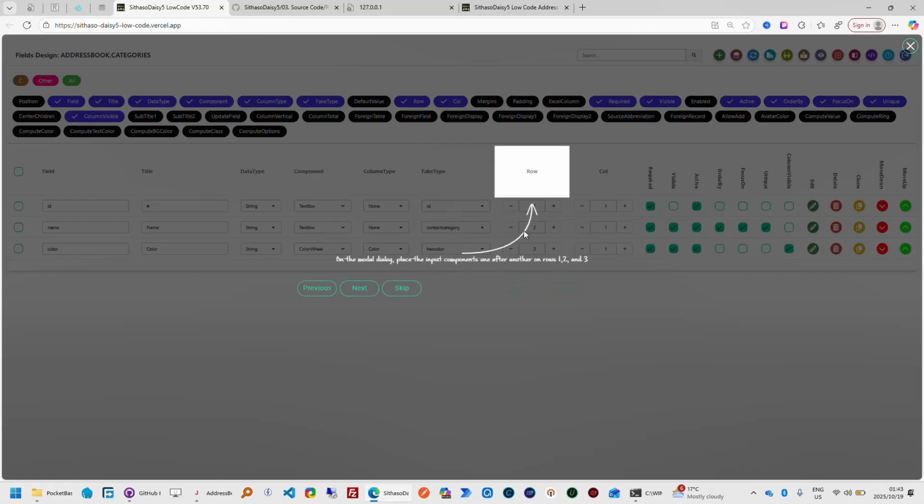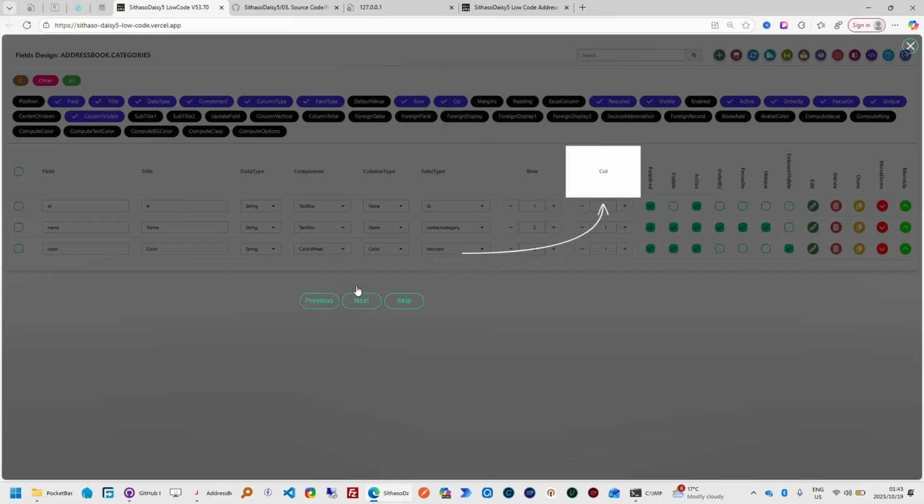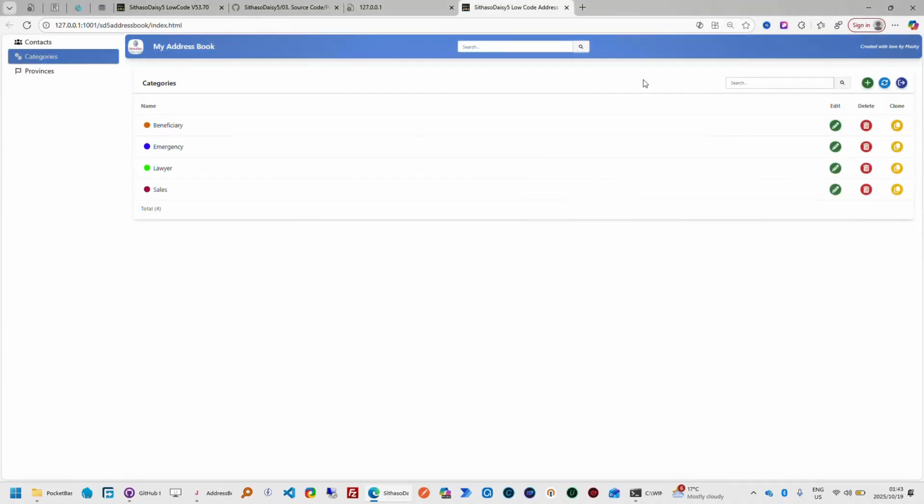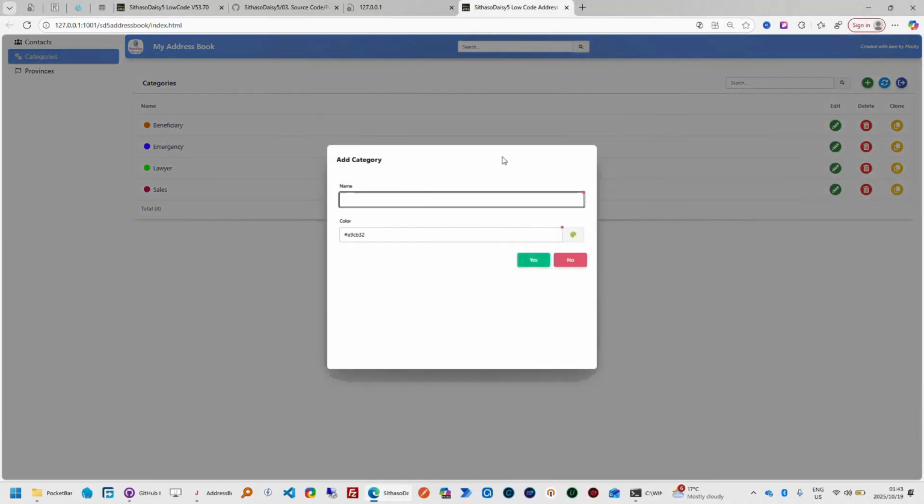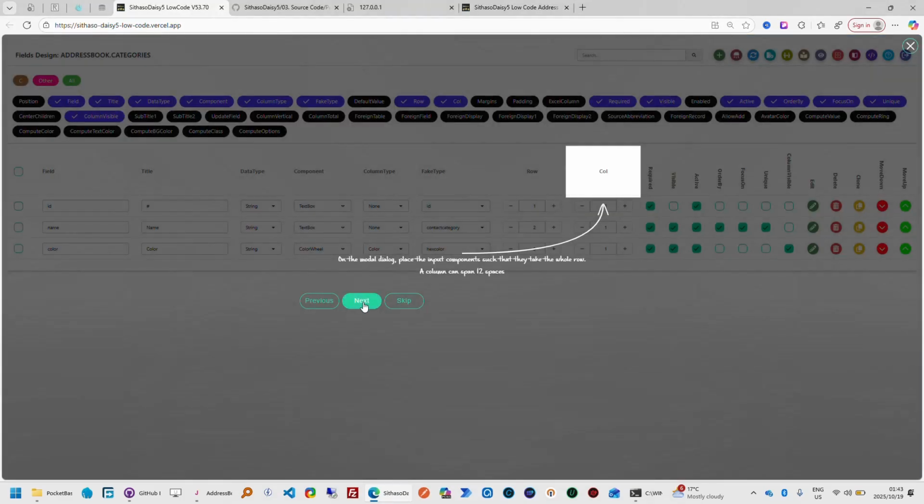Next, rows. On our model dialog, place the input components one after another on row 1, 2, 3, as you can see here. Next, on the dialog, place the input component so that they take the whole row. That's why you are seeing here that when you click add, the name takes the whole space there. Okay. Next,